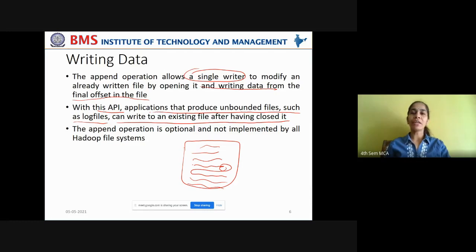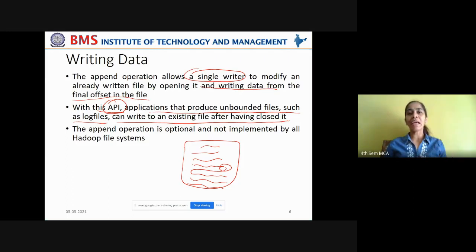What is the use of this FileSystem data output stream? In general cases, if you close a file, you will not be able to write data to the file. But because you are trying to provide streaming data reads and writes in HDFS or on Hadoop, using this API, applications that produce unbounded files, say log files, clickstream data, or user click pattern data, can keep writing.